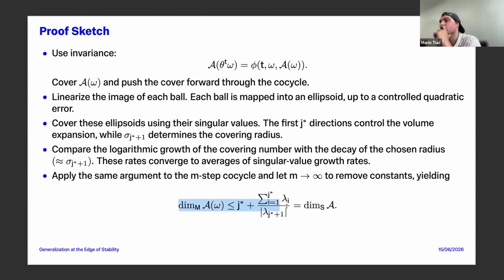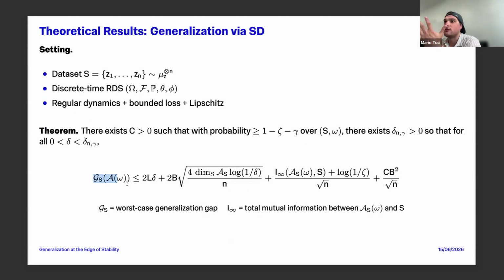So I might not go over the proof sketch, but the main point is that we actually show that the Minkowski dimension is bounded by our new sharpness dimension. And what we do is we really use the structure of the attractor set. Such a bound wouldn't be obtainable when we just use some subset of the weights, as it was done before. We really use the structure of the attractor set and especially the invariance property to get such a bound, and then obtaining our main result, which shows the generalization gap over this attractor set is controlled by this new dimension. And especially in the edge of stability, this quantity is smaller than the ambient dimension. So that is the main message here.